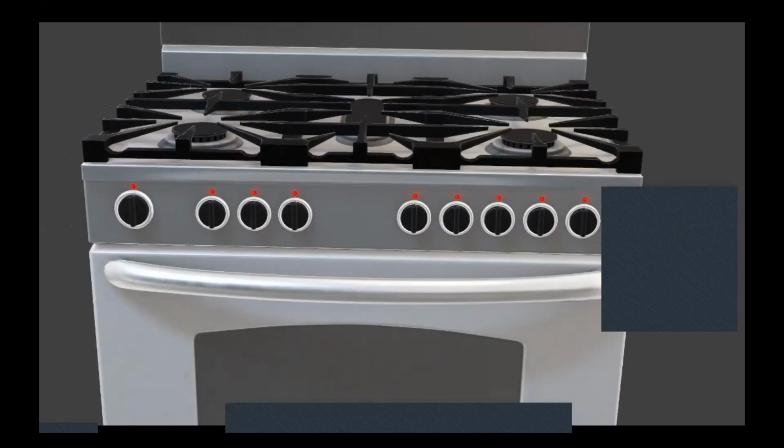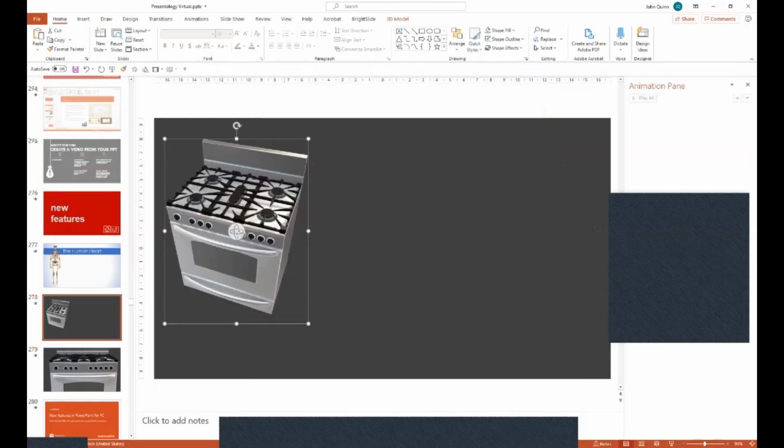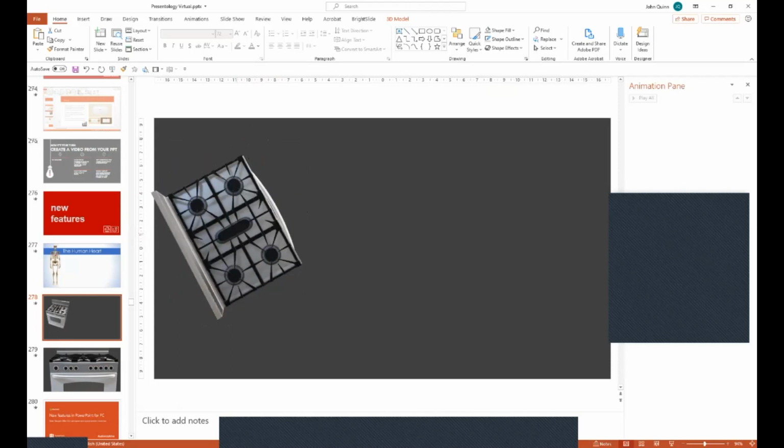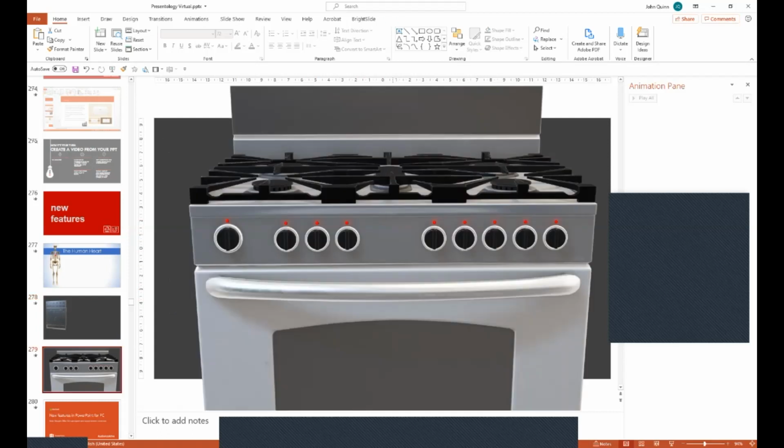So I was doing some work with F&P, Fisher and Paykel here in New Zealand, a great company, and we were looking at the possibilities, and here we were able to move around and look at a stovetop, for example. So how do we do that? Well, the stove is a 3D object, and I can actually spin, pivot, move it around, look at, let's say we want to look at the back of it, and then we want to zoom through and look at the